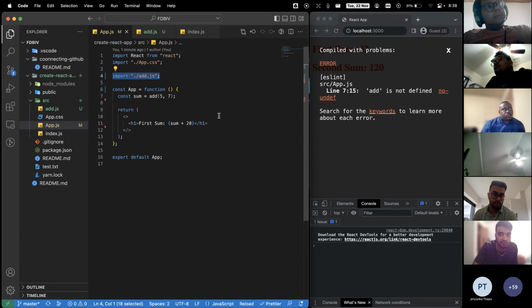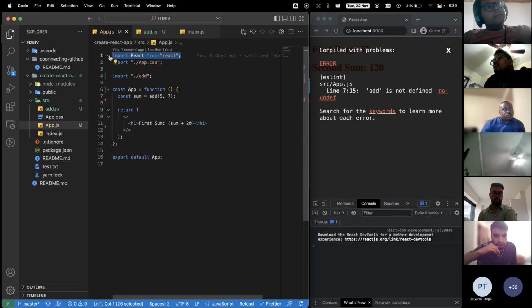Let me try to do that first: remove .js, only add. I think it's not going to work. It should be import app.add, right? Yeah, we need to follow this first-line convention. If you need to import JavaScript, then you'll write